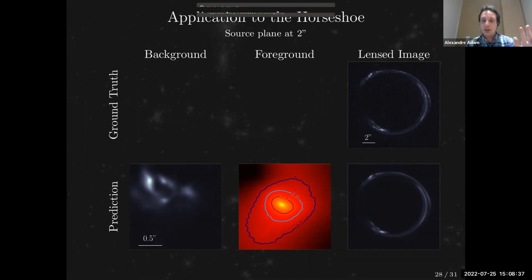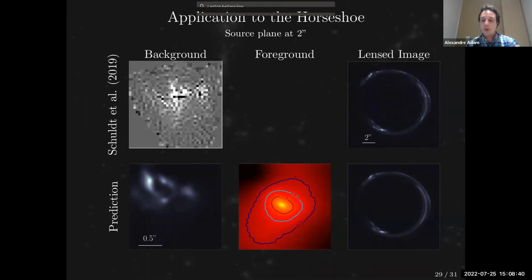And I want to compare here with the way it was done with the traditional approach. So my laptop is going to die. But here you can see what was done with the power law and the source reconstruction. And you can see that people had a lot of trouble modeling the system with the traditional method, as you can see here on the top, compared to our reconstruction.